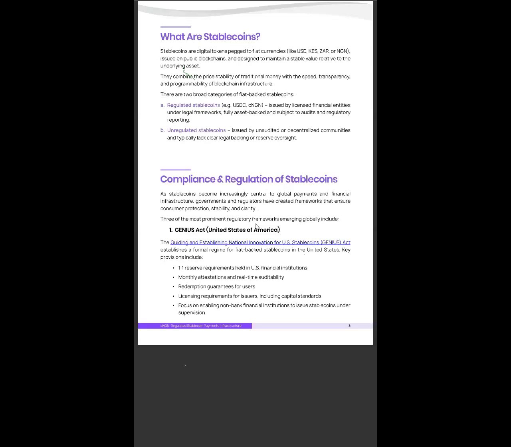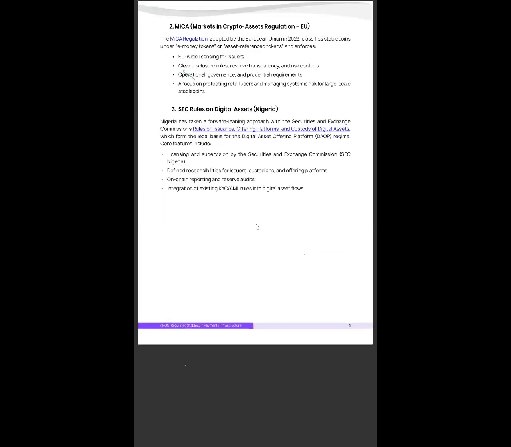So for compliance and regulation, we were making the point earlier that there are 3 main advancements in regulations globally. There's the Genius Act in the US. The US has come up with their own regulation. There's MiCA in Europe, and there's SEC rules in Nigeria, right? Why Nigeria is so important here is because Nigeria is one of the biggest blockchain ecosystems and blockchain markets in the world. And that means that there's a lot of interest from the global community in everything going on in